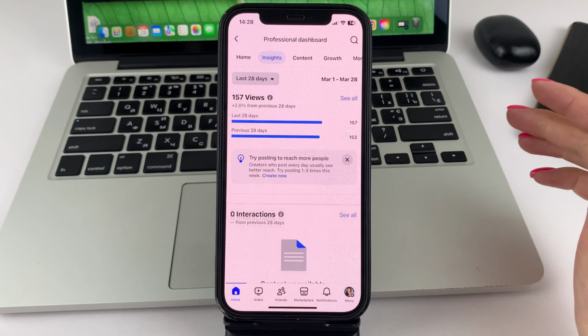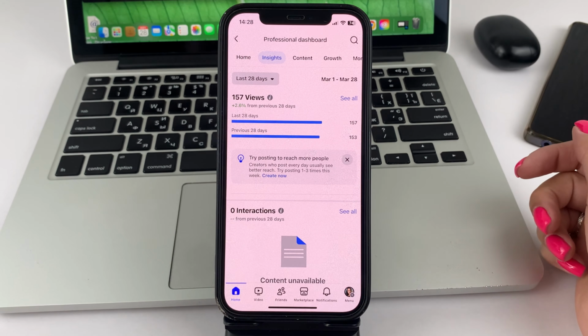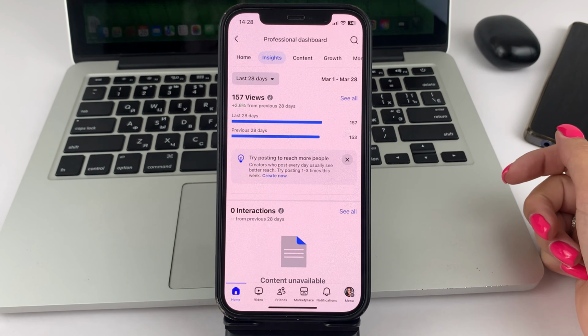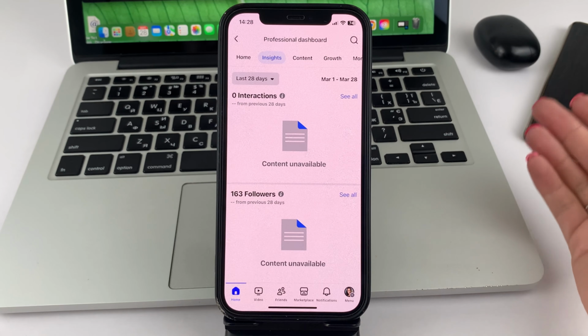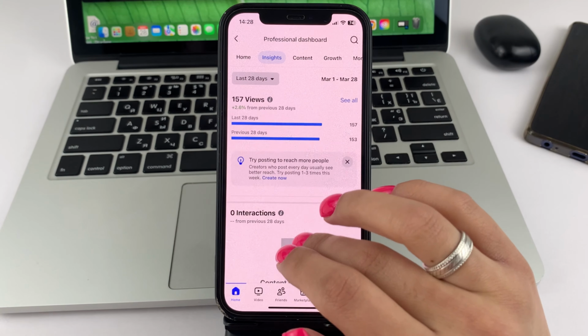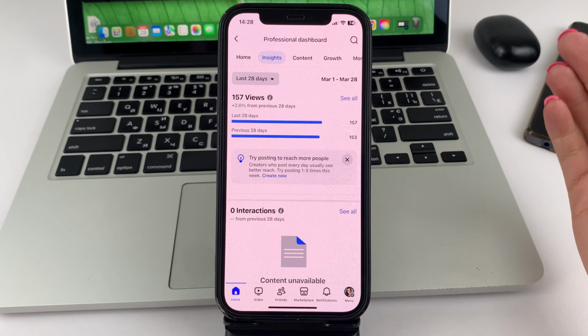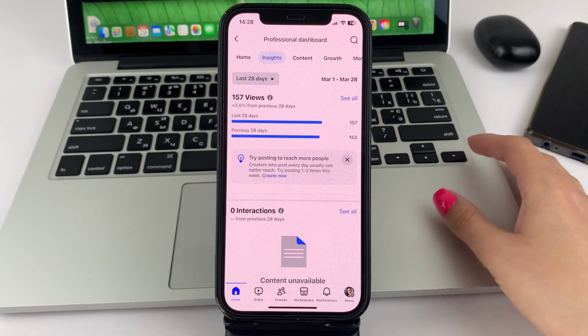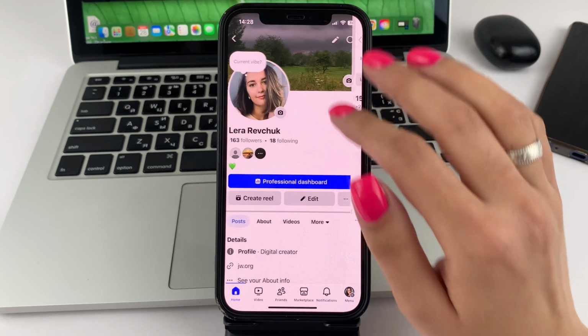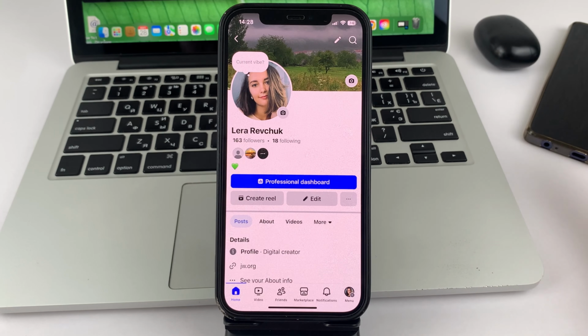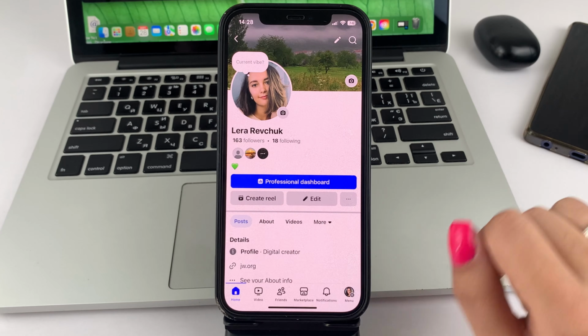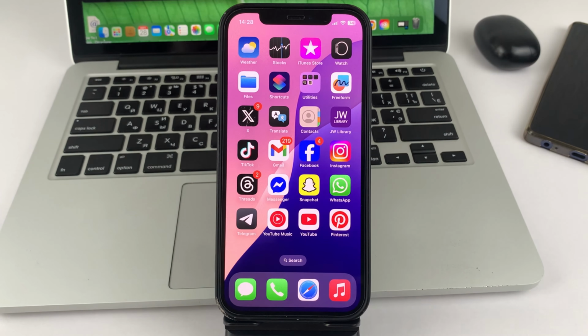You can click for more detailed views of statistics. You can see, for example, who is visiting your account, who was watching, were they subscribers or not. You can choose different number of days. You can also see if it was men, women, and so on. So you can pore over to look at those kind of statistics. I'm sure you will find a lot of interesting information for yourself and find out who usually views your account.